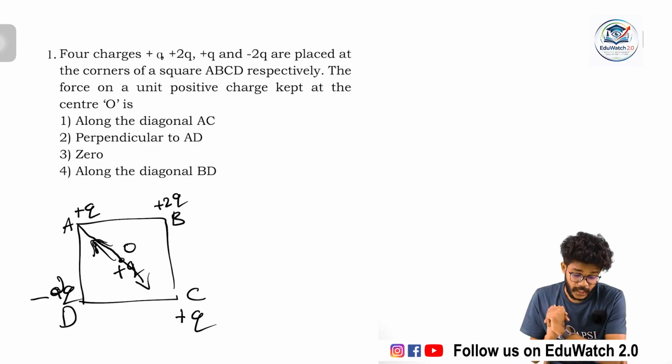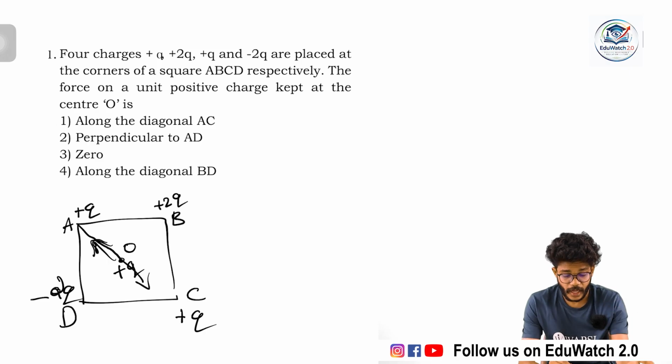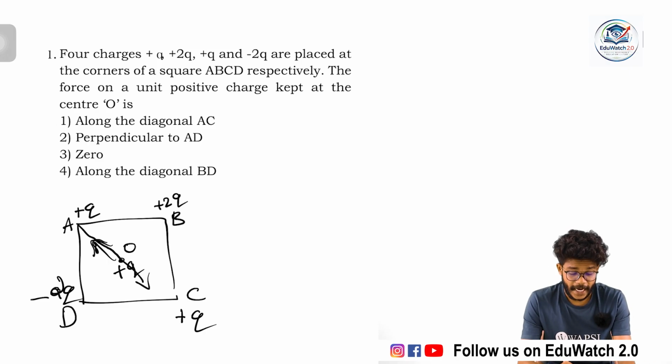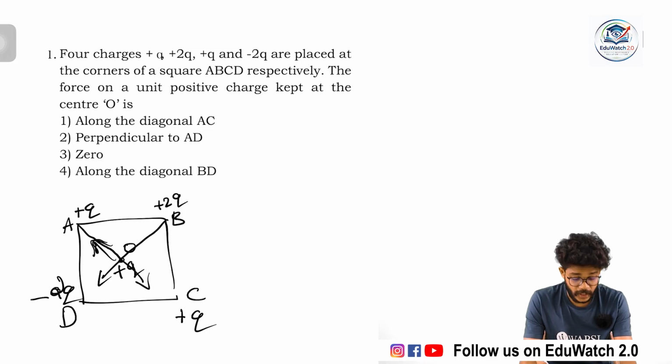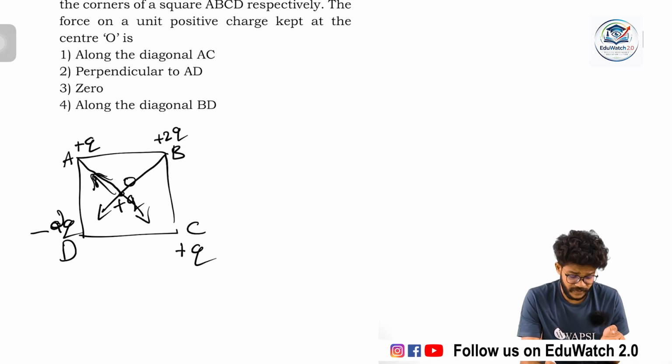Okay, and from O we want to calculate the force towards B and D. Okay, so from O, B is repulsive because O is positive charge and B is positive charge. So from B to O, this is a repulsive force. Okay, and from D to O, that is an attractive force because